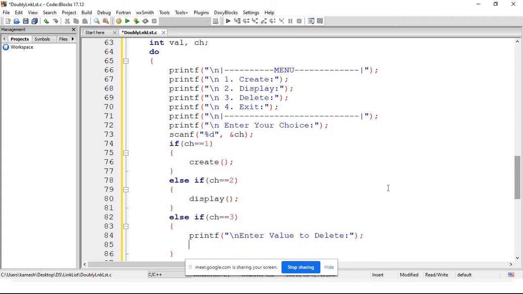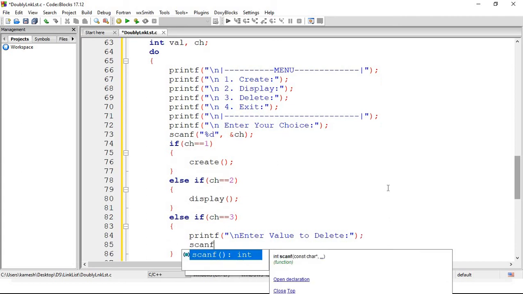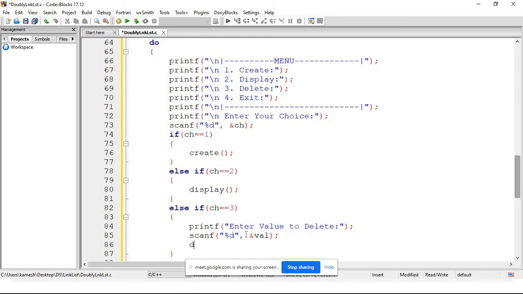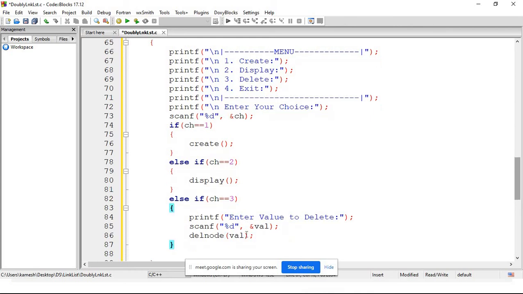And whatever value is entered by the user, that value we just have to store into the val variable. So here ampersand val. Okay, now we just need to call a delete node function, right? So we are calling a delete node function and we just have to pass the value. So the delete node function will delete that value.